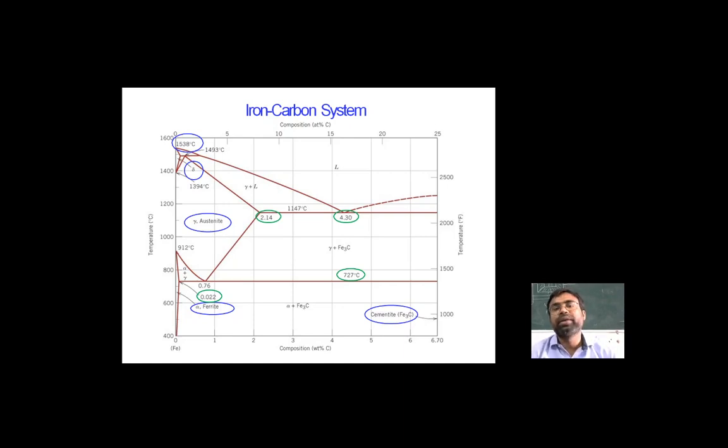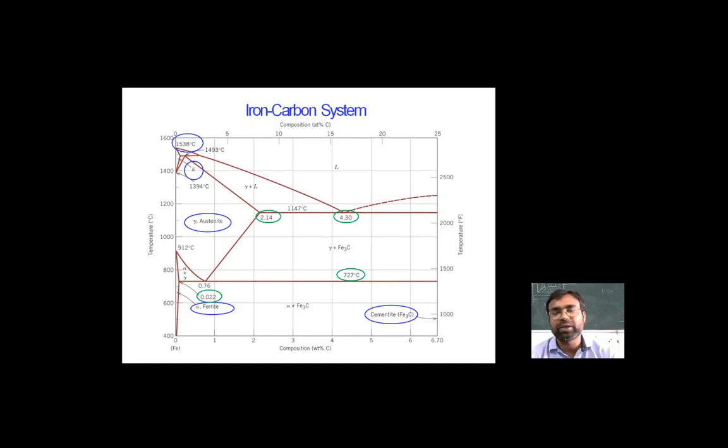That is the combination of basically iron and carbon taking place, and that particular system consists of a lot of variety of steel and the range by which we can create various kinds of components. And this particular phase diagram helps us understand the microstructural behavior that changes with respect to the temperature and the composition of the material, basically the steel.